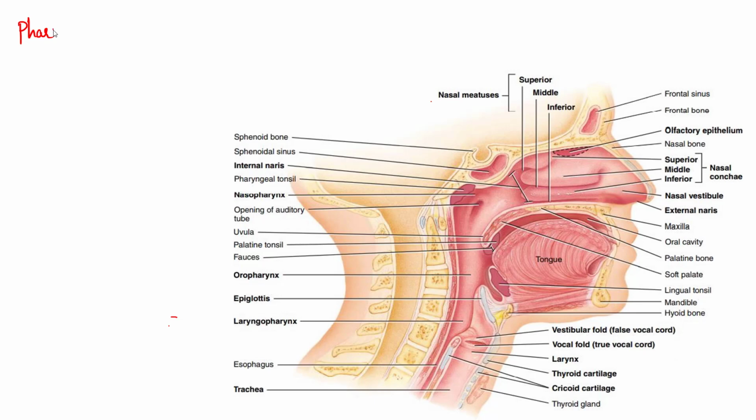Today we will talk about pharynx. This pharynx is also known as throat and it will be in funnel shape. So if you see, this pharynx will extend from this internal nares and it will end near this cricoid bone. So this is the cricoid cartilage if you see. So till here you will be having this pharynx.